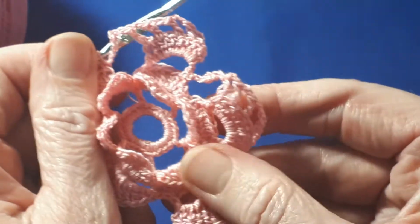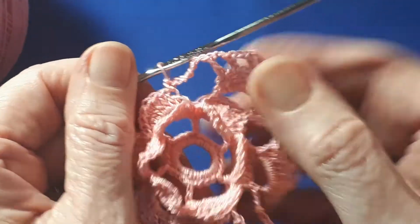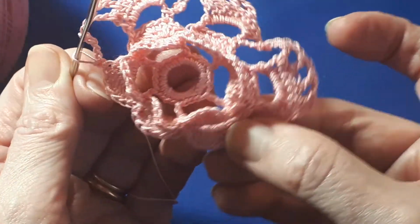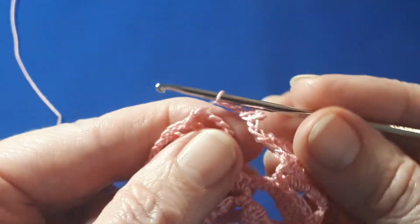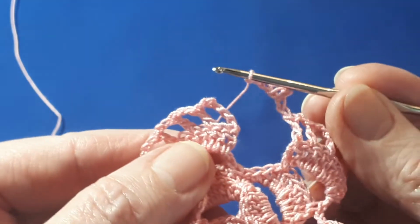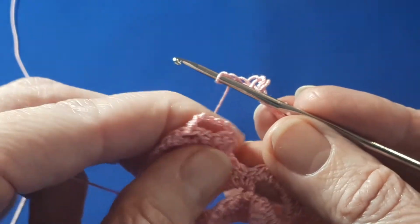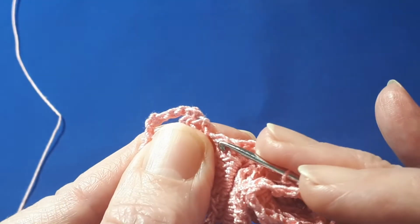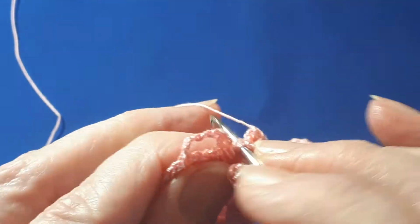Okay, so what I'll do now is I'll meet you when you've completed these little petals, and we'll meet just back here at the very end. So we've completed our final little picot and 3 chains, and now you slip stitch into the single crochet where you single crochet to start this round. Just do a little slip stitch just under those 2 loops,